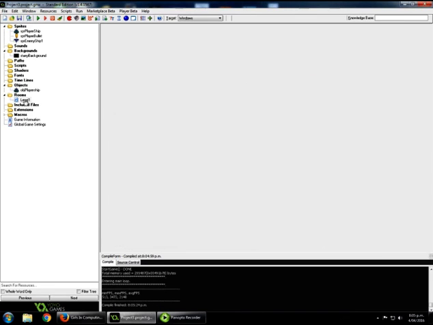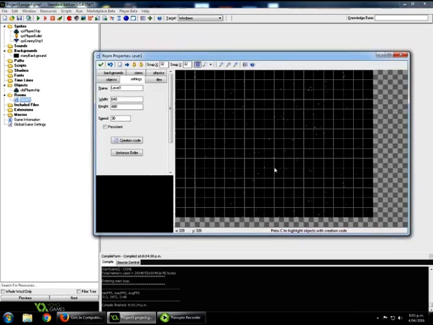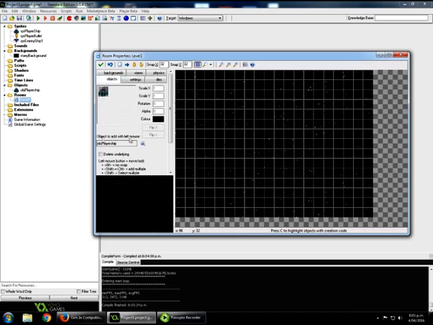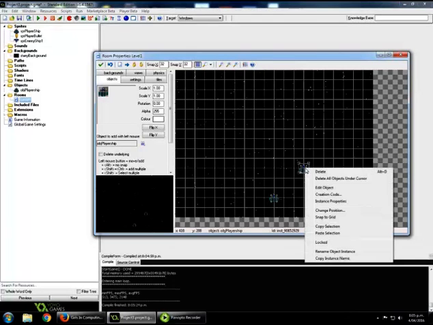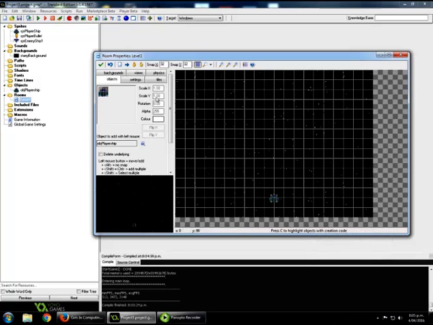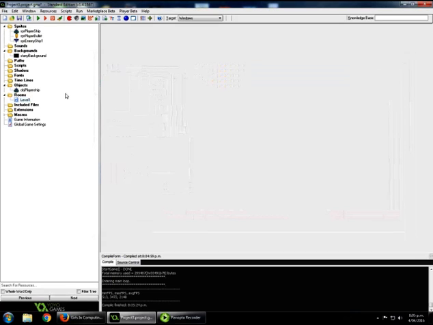So if we go back to our level, what we can now do is place a player ship into that room so that we can control it. If we go to the Objects tab, the object to add with the left mouse is already set to the player ship object, so just click once with the left mouse button and it adds a player ship. If I put one too many, I can right click on it and select delete, and that will get rid of it. So we have one player ship. Now at the moment, it won't do anything because I haven't told the player ship to actually move. Okay. If I double click on the player ship object,